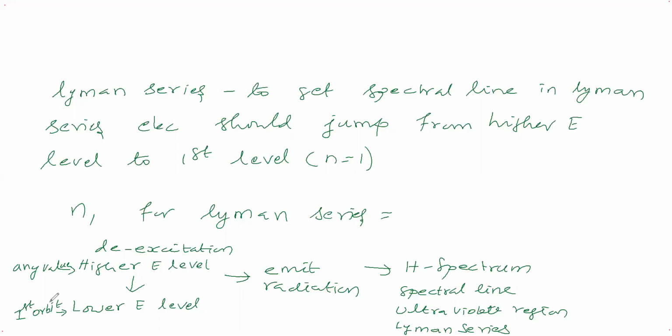The lower energy level should be the first orbit, the first circular path. When the electron jumps from any higher energy level to the first orbit, the emitted radiation